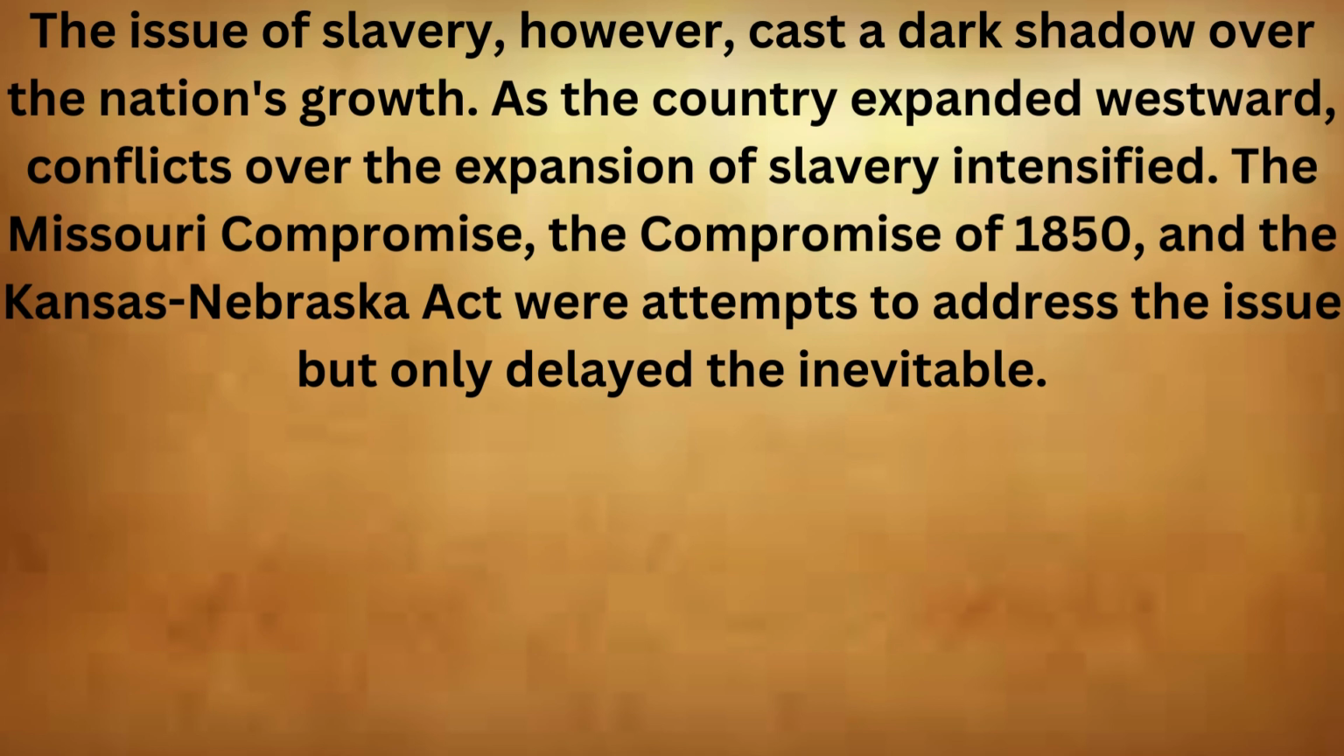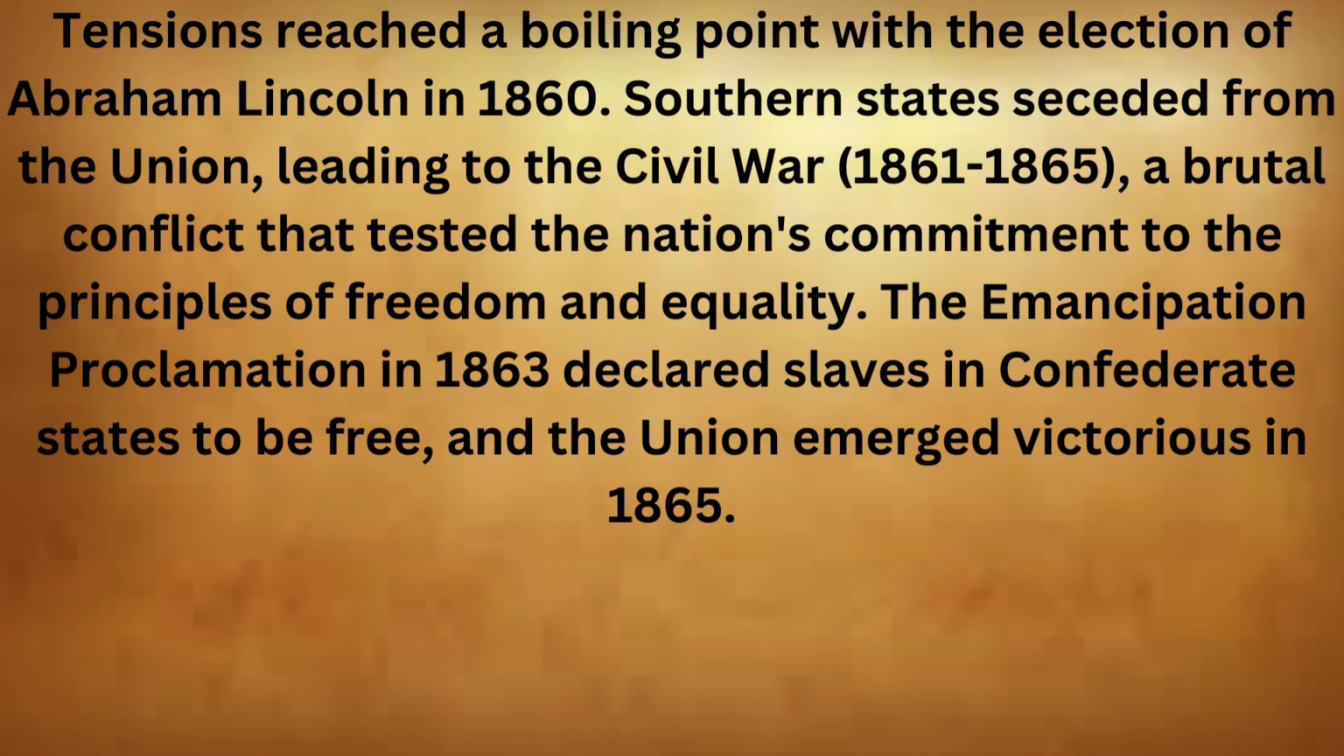As the country expanded westward, conflicts over the expansion of slavery intensified. The Missouri Compromise, the Compromise of 1850, and the Kansas-Nebraska Act were attempts to address the issue, but only delayed the inevitable. Tensions reached a boiling point with the election of Abraham Lincoln in 1860. Southern states seceded from the Union, leading to the Civil War,